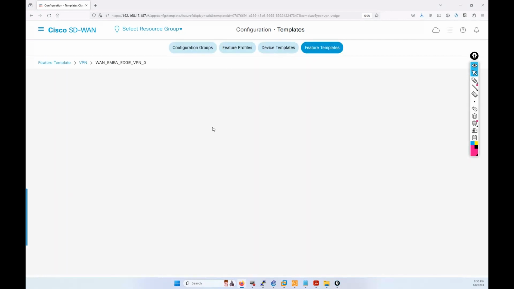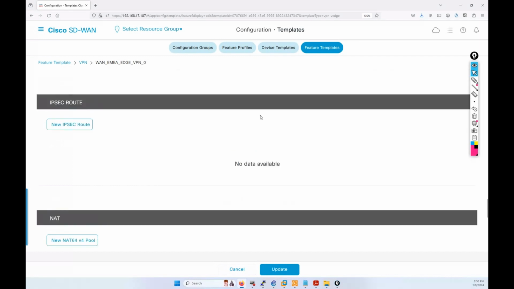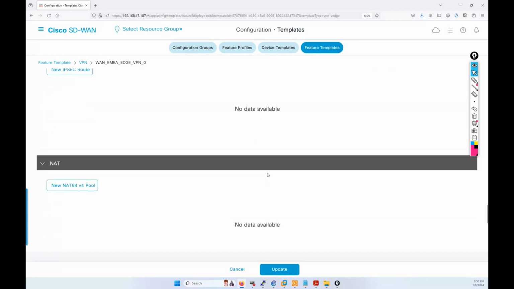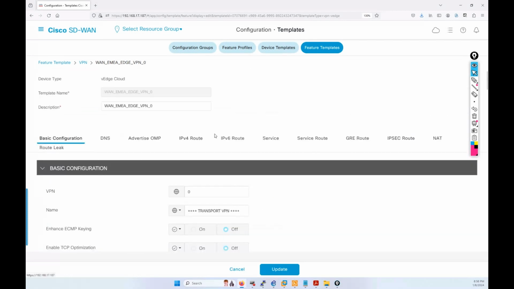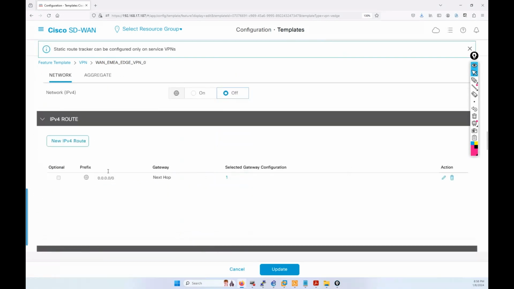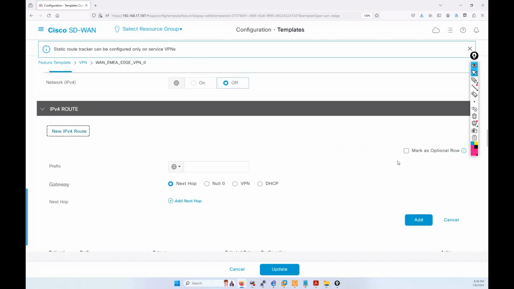Edit. So basically what I need to do is to add a static route, but it's going to be optional. That's why I'm only going to add it on the edges at site 33 and 44. So taking a little bit long. Okay, so that's going to be for IPv4 route. You see there's already an IPv4 route, but this is only for the internet. I'm going to add another IPv4 route, and this is going to be